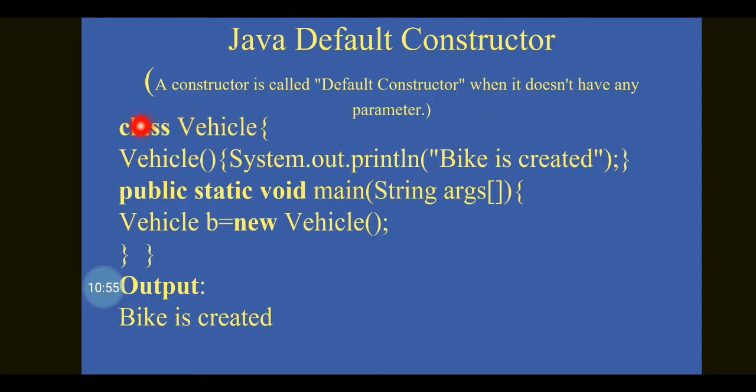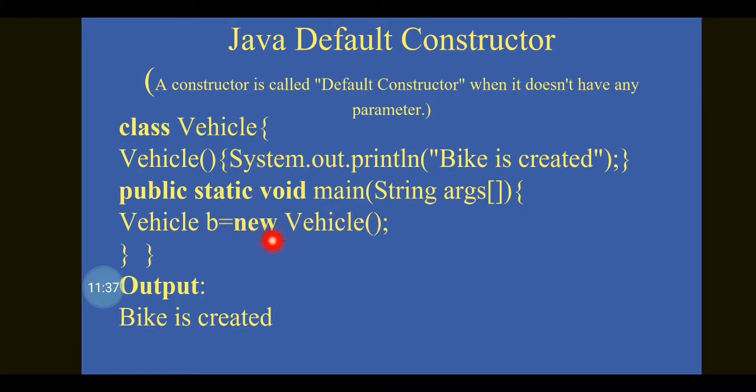So let us have an example: class Vehicle. In that, Vehicle() will act as a constructor because this method has the class name. It does not contain any parameter, so we can call it a default constructor. Within it, System.out.println prints the message "Bike is created". After closing the constructor, in the main method, public static void main(String args[]), let us create an object b for the Vehicle class: Vehicle b = new Vehicle();